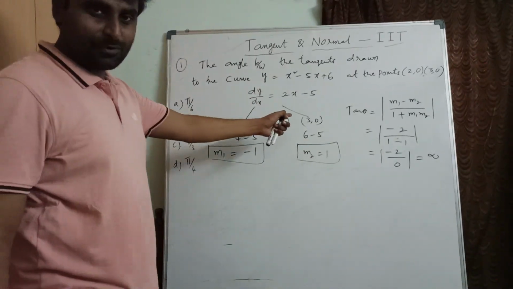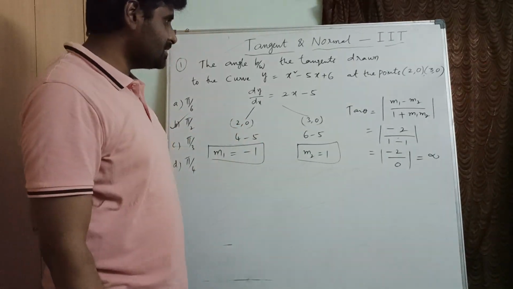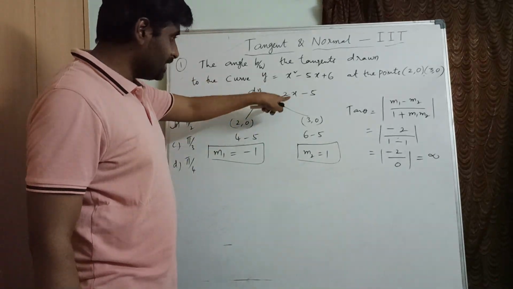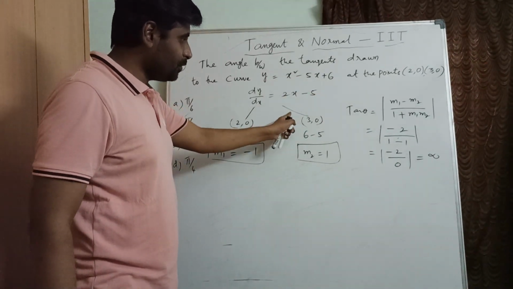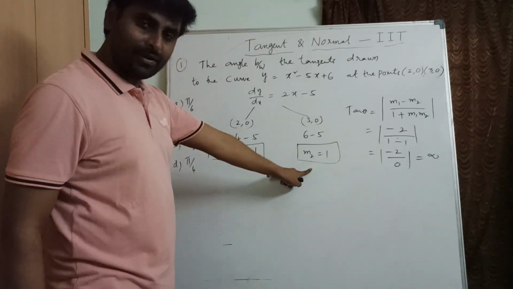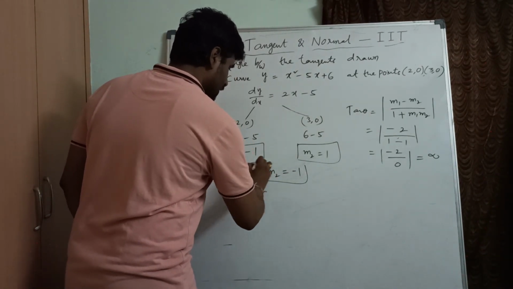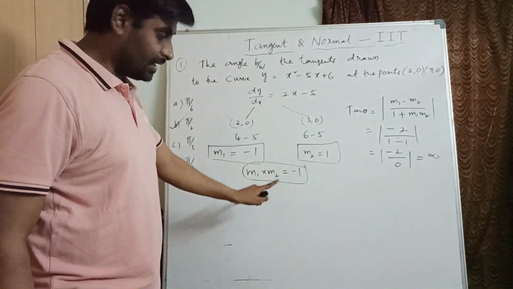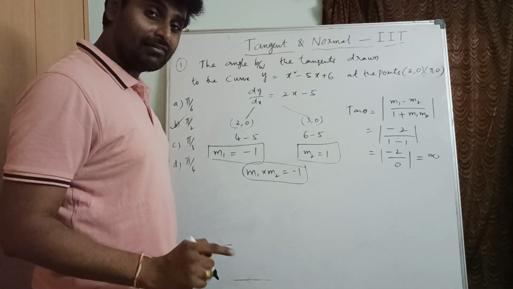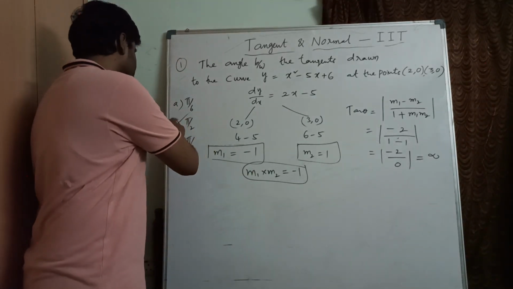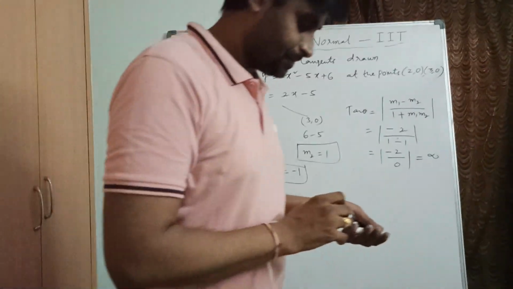Now how can you solve this same problem using the objective method? By using the objective manner, it's very easy. See here, the derivative is common. We'll differentiate to get 2x minus 5 and substitute the first point, what would you get? Minus 1. Substitute the second point, what would you get? 1. So m1 m2 equals minus 1. When you multiply these two slopes, we are getting minus 1. Whenever m1 m2 equals minus 1, obviously those two tangents are perpendicular, so the angle will be 90. Clear? So option B is the correct answer. Right? Hope you have understood. Make a note of it.